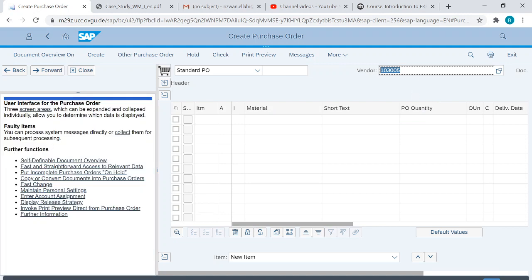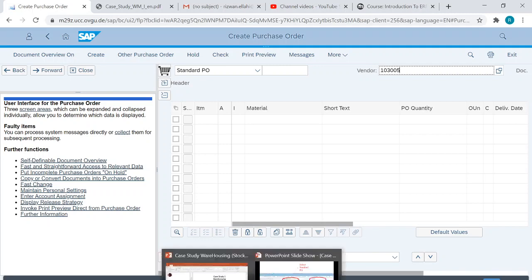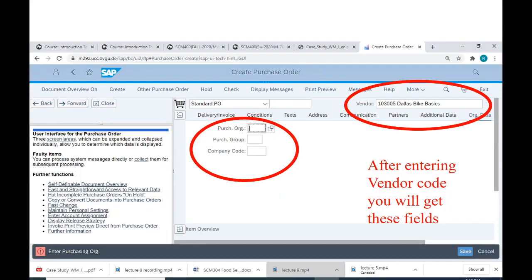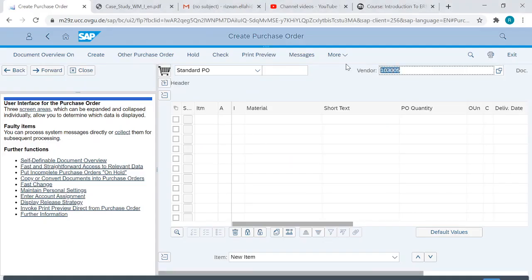It will find and select. It's just loading. Okay, so it's Delaz Bike Basics. I don't know why it's not searching.